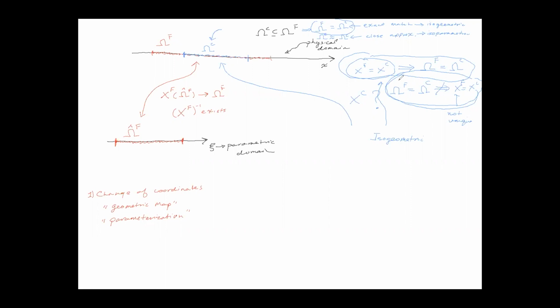Is there an example where omega F equals omega C, and how those might be equal, but then the mapping would be different? Could you give an example of that? Yeah, sure. So let's look at the line. Okay, here's a line. Let's say we map. Okay, so let's say we